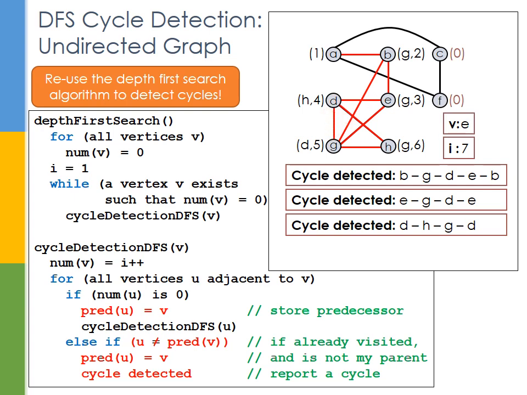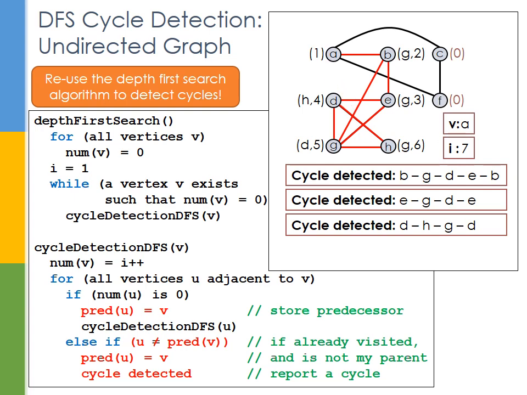So we unwind the stack further back to vertex E. Looking at vertex E's adjacent vertices, we see that they've all been considered. So we unwind the stack further to vertex B. And again, the same holds for vertex B. All of its adjacent vertices have been considered. So we finally unwind the stack all the way back to vertex A, which was the first vertex that we